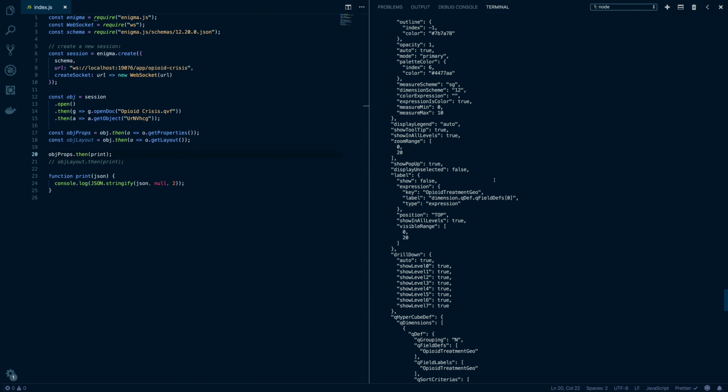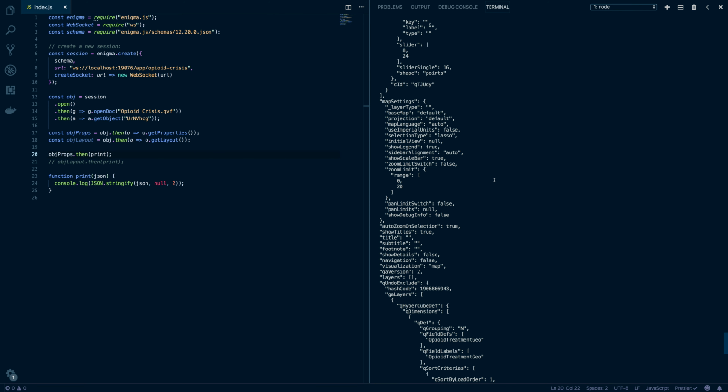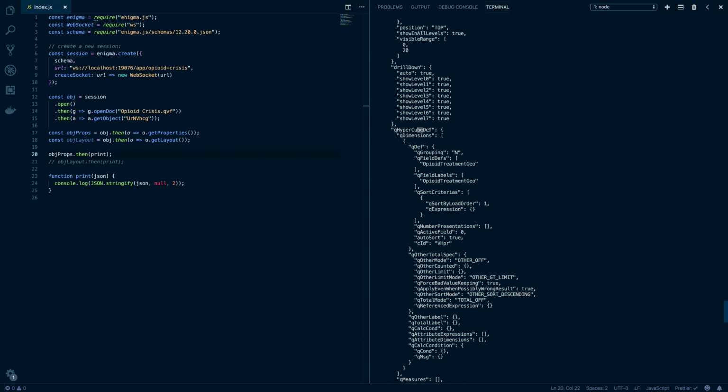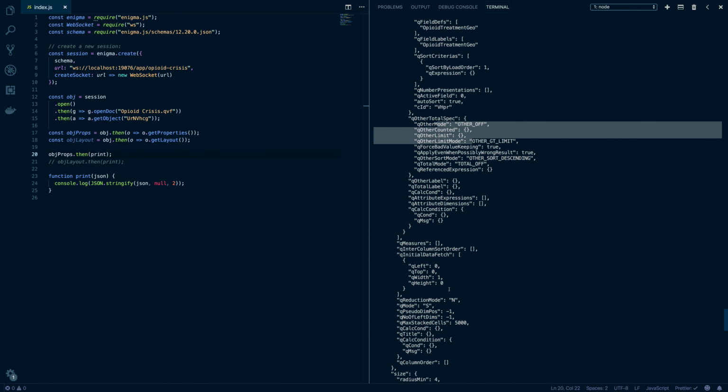What we're going to find is the definition of the data that goes into that object. So here we see a QHyperCube definition coming on this object, and that hypercube definition defines the table of data for that mapping object. I can see there's some dimensions here, and the dimension is opioid treatment geo, and we have some sorting,